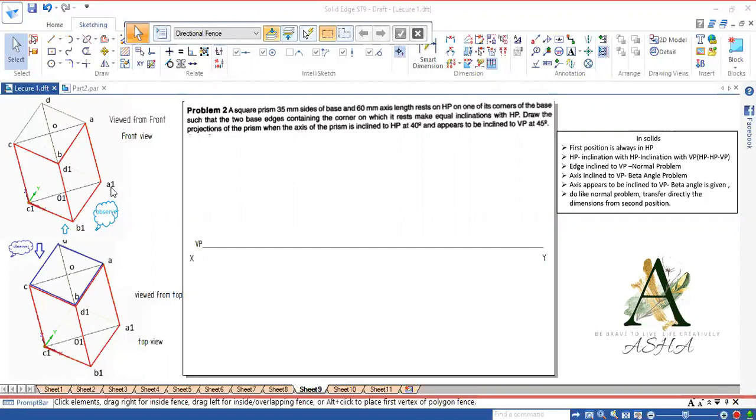Bottom surface is represented as A1, B1, C1 and D1. Top surface is represented as A, B, C and D. The height from O to O1 is known as the axis length and it is given as 60 mm. And it is resting on one of its corner. So here the corner is A1, whichever is at the extreme right position, that is the one which is resting on